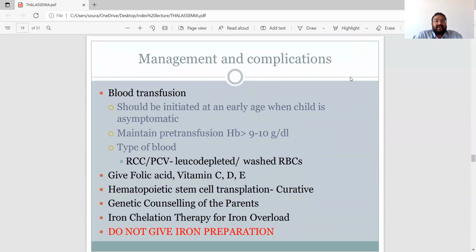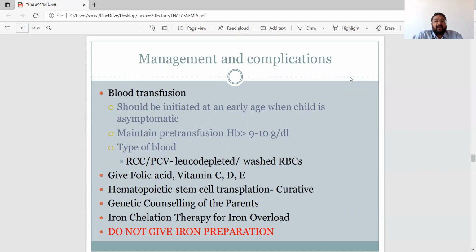Now, the management and complications that we can see in a child with thalassemia. Thalassemia major is a transfusion-dependent condition, and blood transfusion is given at regular intervals. It should be initiated at an early age when the child is asymptomatic. You have to maintain a pre-transfusion hemoglobin level of more than 9 to 10 grams per deciliter. And the type of blood which we prefer to transfuse is red cell concentrate or PCV,